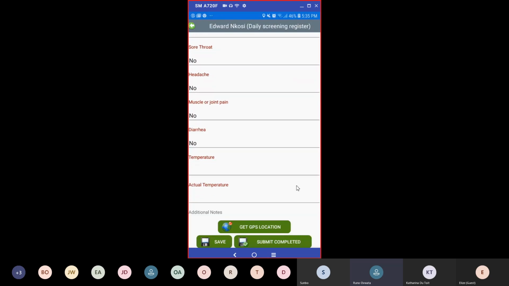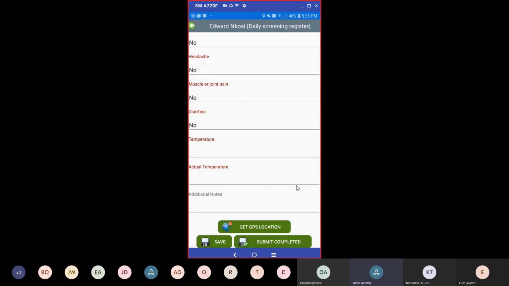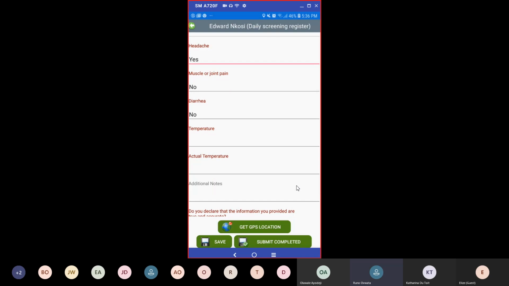Again, any information on this app is totally customizable. The app comes with its own list of information, but it is customizable to whatever information the organization wants to pass across to their staff. Also we can see headache, everything is pre-populated, no, no, no, no, no. So I can go ahead and change a value. For example, headache, instead of no, I'll change it to yes,